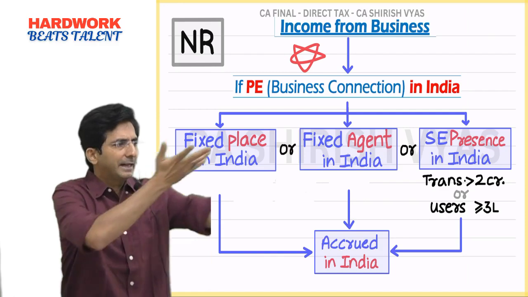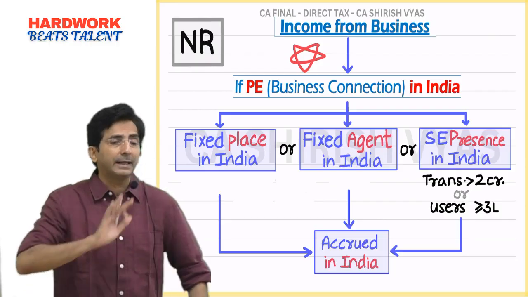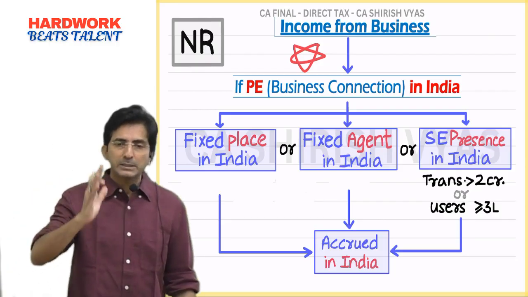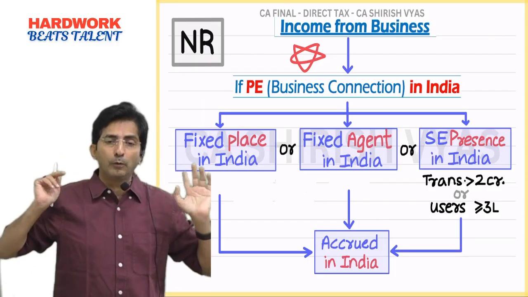So that means they are having their presence in India. In short, see, there are 3 criteria. In short, what are we trying to establish? This NR has a PE in India. So how to prove? Either he should have